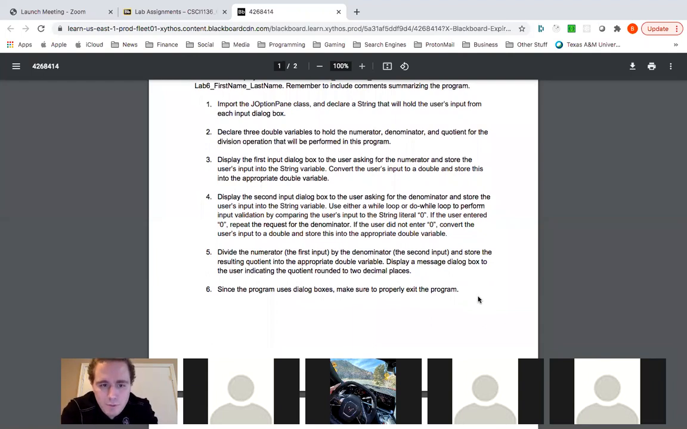And then in step 3, you'll go ahead and display the first input dialog box to the user, asking for the numerator. The numerator being the number that is on the top of your division operation. You'll store the user's input into that string variable, since that's what you would expect to get from an input dialog box. You'll then convert the user's input to a double, and then store that into the appropriate double variable. And step 4, this is where input validation is going to come in,